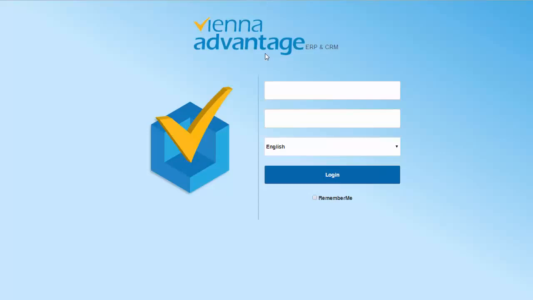Hello, this is a tutorial on Vienna Advantage document management system. The focus of this tutorial is to take you from the start after the installation of the document management system and explain how to get started with the system and make you familiar with the features of the document management system. So we're going to start where you have already downloaded the files of Vienna Advantage document